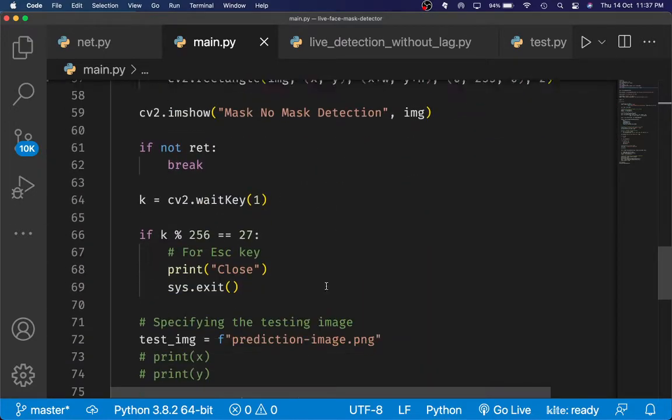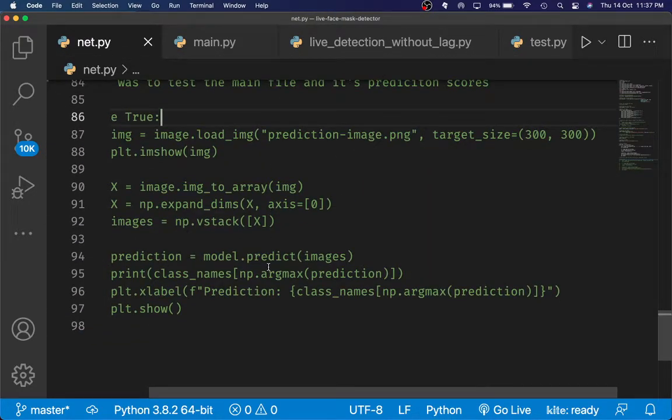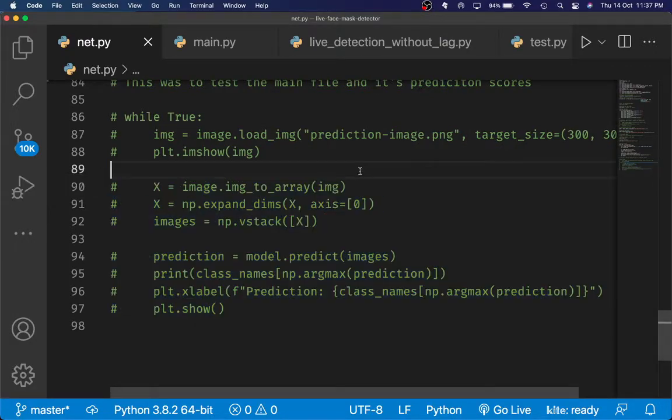So that's pretty much the main file. That's basically why I tested this: when I was testing the main file, I was getting a prediction of no mask, but I wasn't getting a prediction of mask. So I thought there was something wrong with the model. So I passed it through this model file by loading in the prediction image, and running both of the files together.